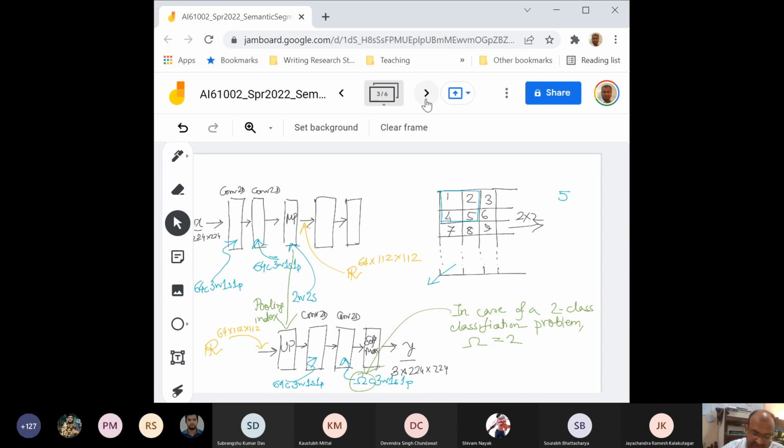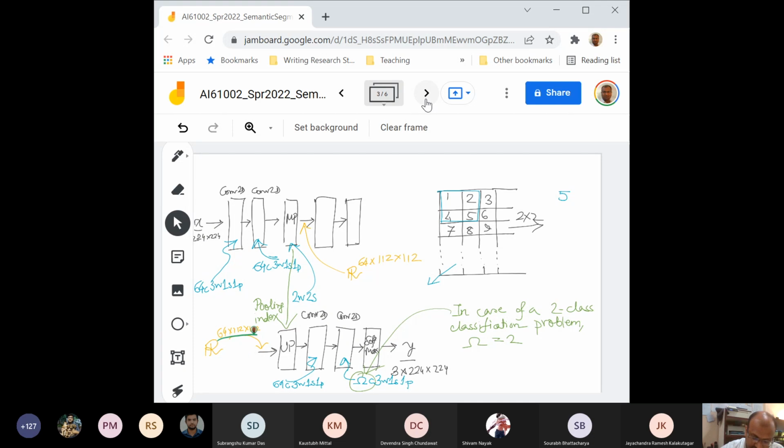Now this max pooling can generate an output activation as well as give you the indices where it was doing that pooling. So you go through the depth and come to the decoder side, and as it keeps on coming, you have the input which is going to this unpooling layer. That input has the same size as the output which comes from the max pooling layer. So the input to this unpooling layer is 64 cross 112 cross 112.